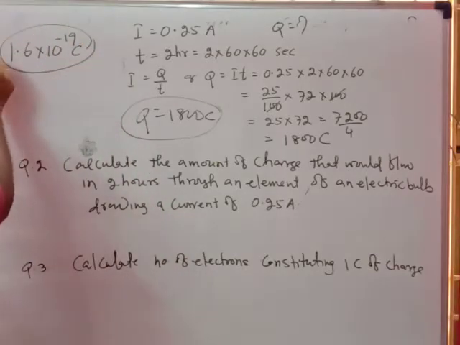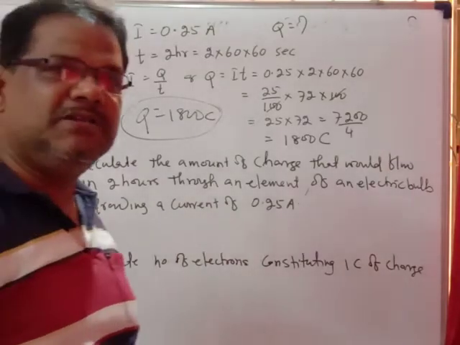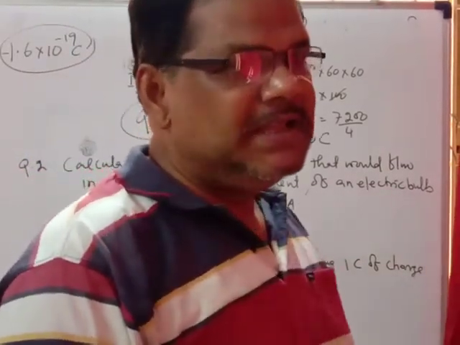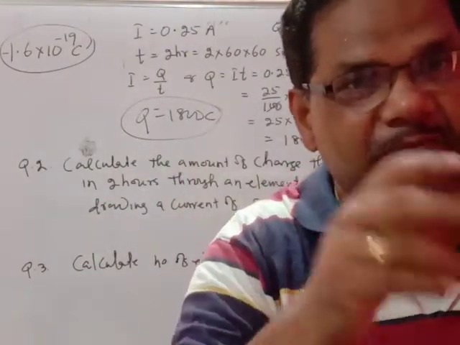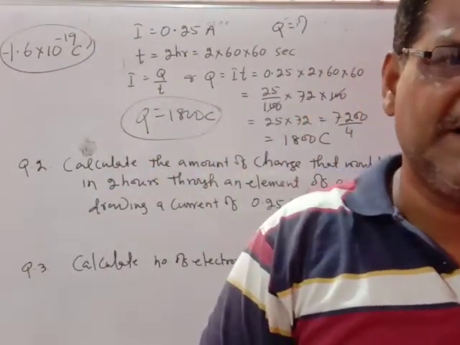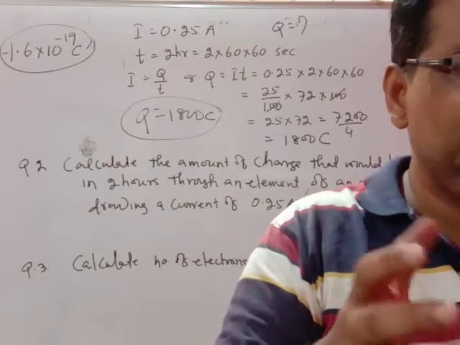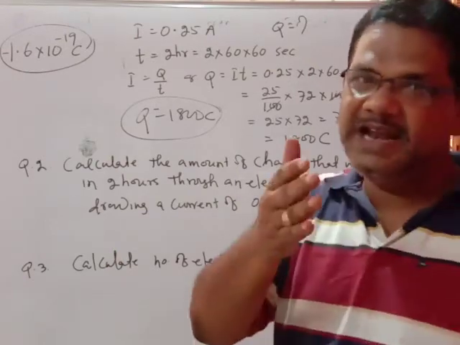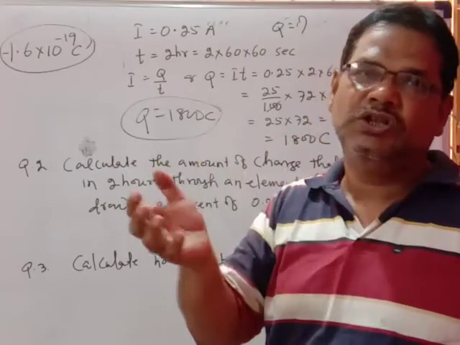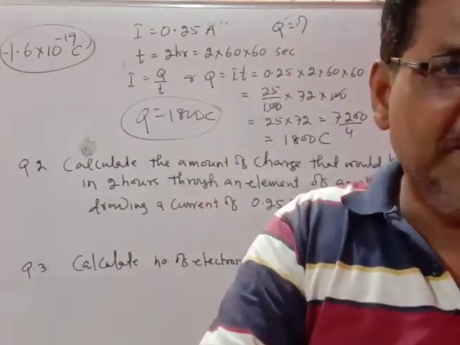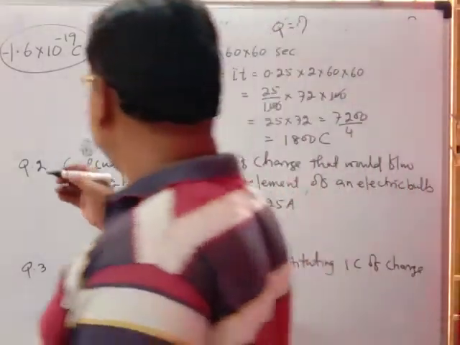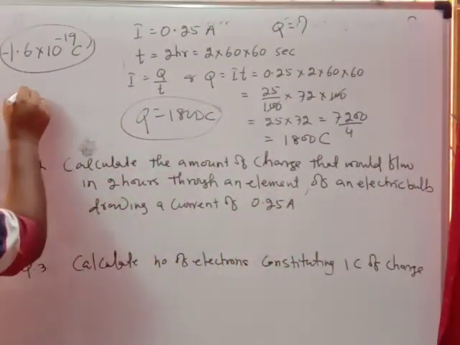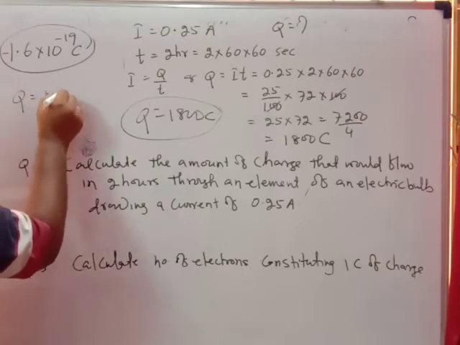As it is negative, you can tell it as minus 1.6 into 10 to the power minus 19 coulomb. Suppose you take electrons one by one, and n number of electrons are taken out from the object. What should be the charge of that body? Whenever electrons are taken out, the object becomes positively charged. So N electrons you have taken, and the charge on the body will be Q equal to Ne, N into e.